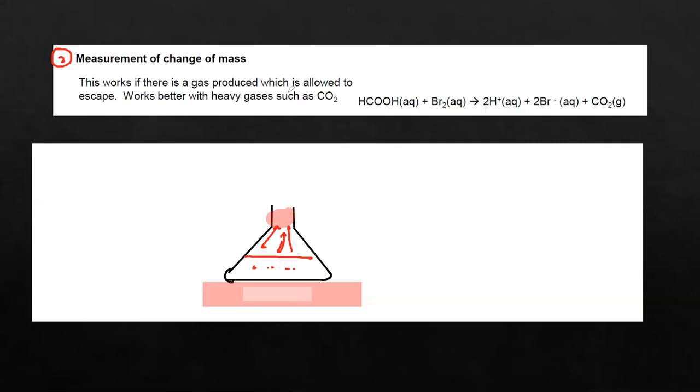Maybe a violent reaction is there, so some splashing may occur in the liquid. Or a solid might be decomposing during a chemical reaction, so there might be a loss in the mass of a solid. To overcome this loss in mass of the liquid, we place a cotton so that the air, or the gas which is produced, can escape, and the content of the flask, the reaction mixture, is